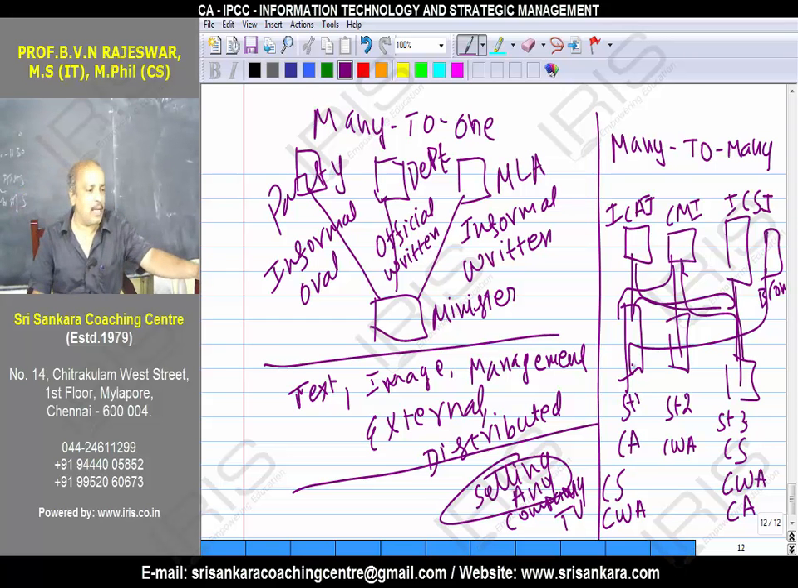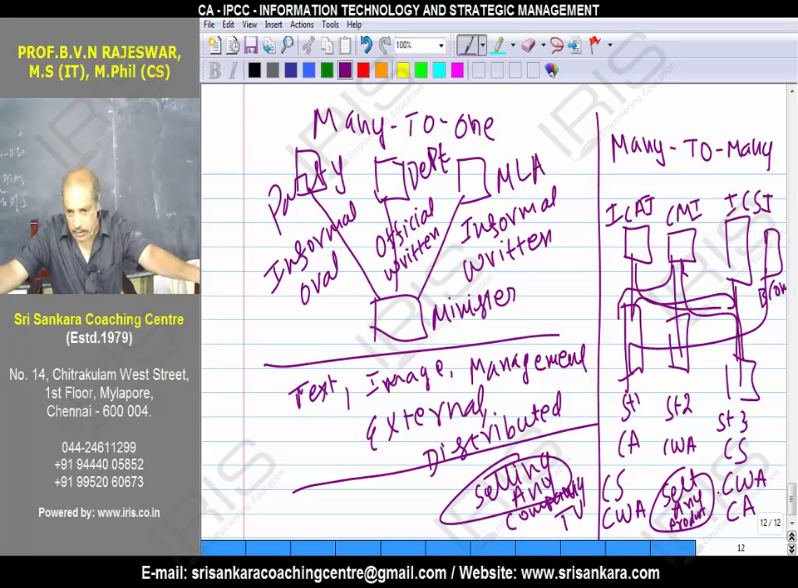What is the example? Saravana Stores. They sell any company's product. They don't have a rule on which product to be sold and which not, so they sell anything. Even possible to sell ganja also. Sell any product from any location. Many to many, that we call it as the